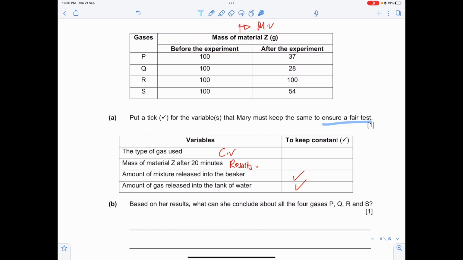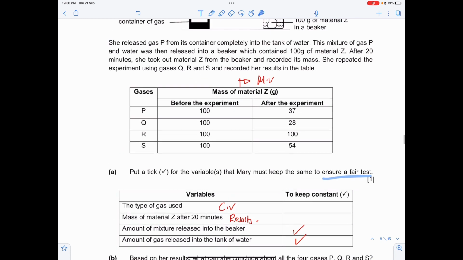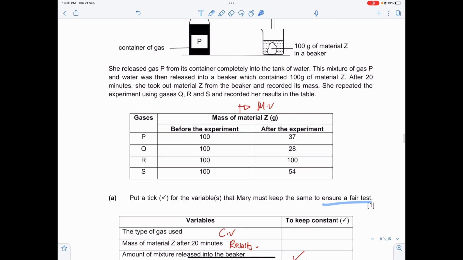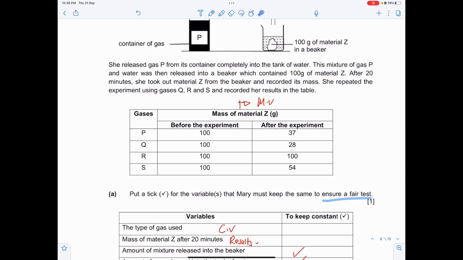And then the third thing would be that your R has no effect on material Z. So it's 3 things in this case, 3 key points. Usually it's 2, but this one is 3. That is at least how I would have answered this. Okay? So you would say that